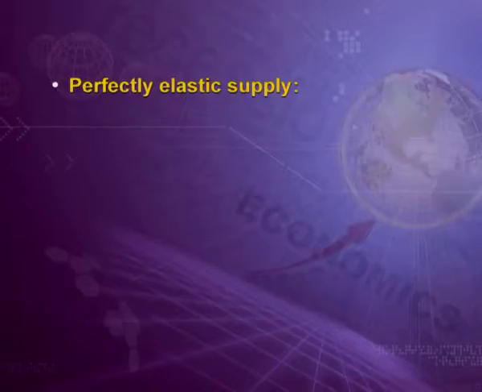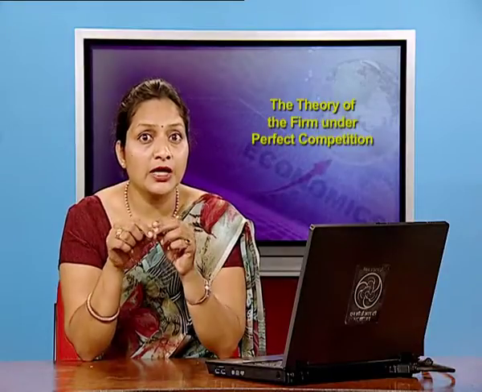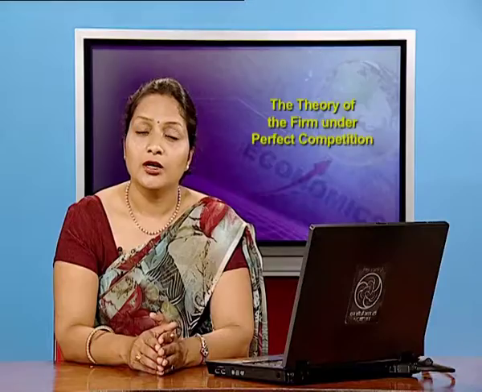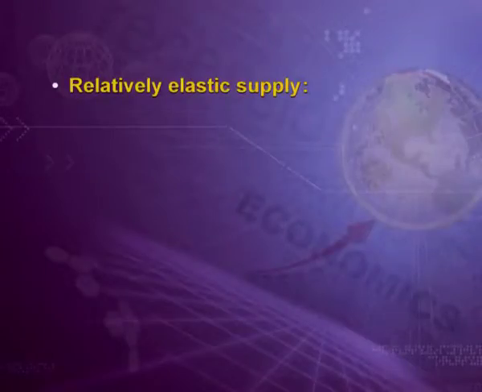Third elasticity is perfectly elastic supply. Its value is infinite. It is possible when in the above mentioned formula the denominator is 0. I mean to say that when no change in price or a nominal change in price leads to infinite change in quantity supplied, it is said that elasticity of supply is perfectly elastic. The perfectly elastic supply curve is a horizontal straight line parallel to the x-axis, showing quantity supplied at the given price.